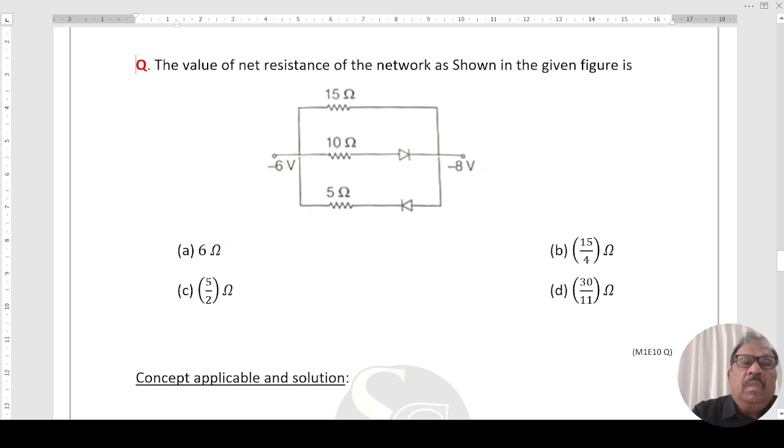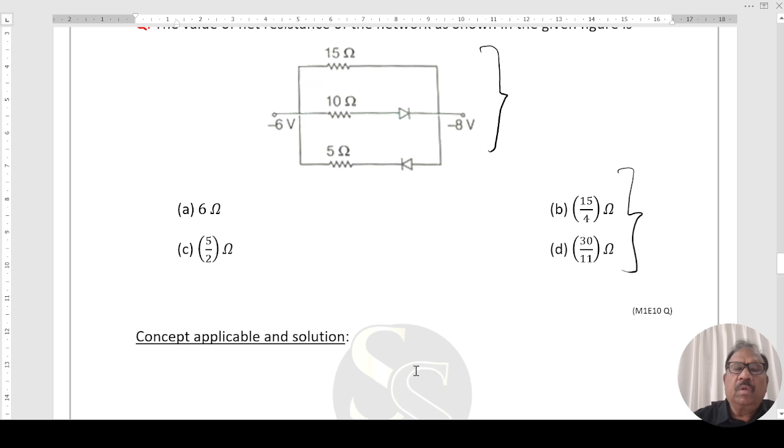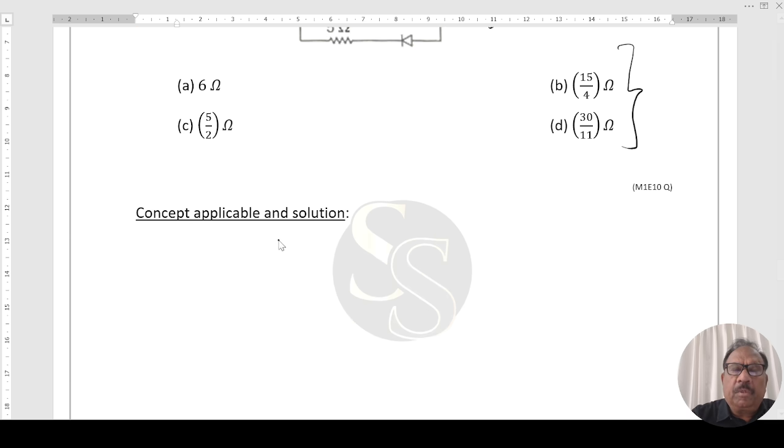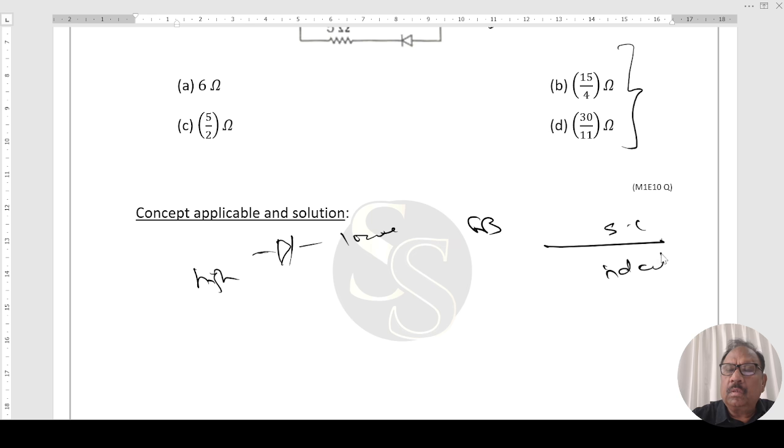The question is, the value of net resistance of the network as shown in the given figure. After going through this network, we have to conclude one of the correct answers out of 4 options. Concept, applicability, and solution: forward bias, this is higher voltage, this is lower voltage. Forward bias is ideally just like a short circuit, a simple wire. If it is lower voltage here and higher voltage there,